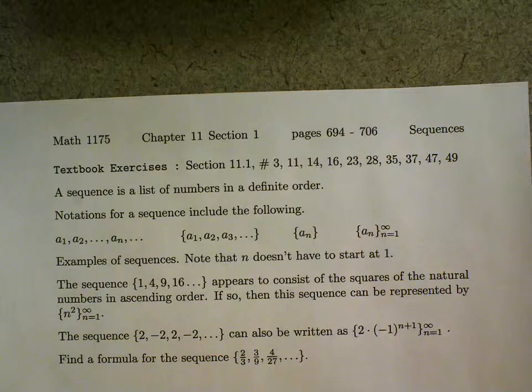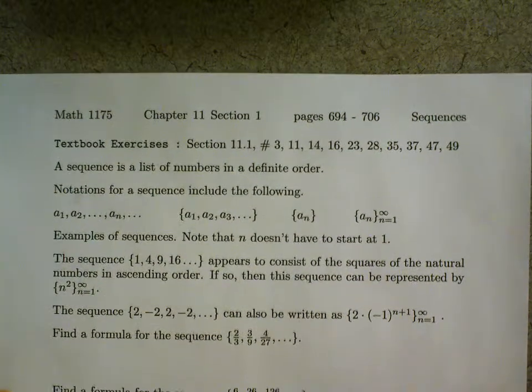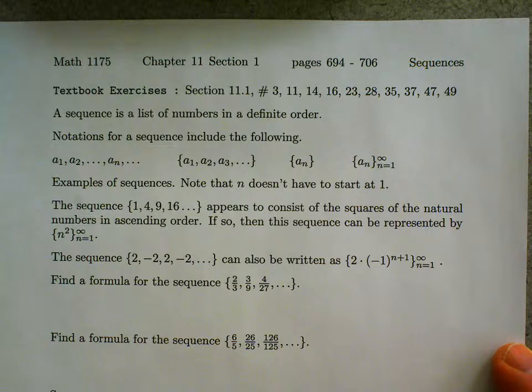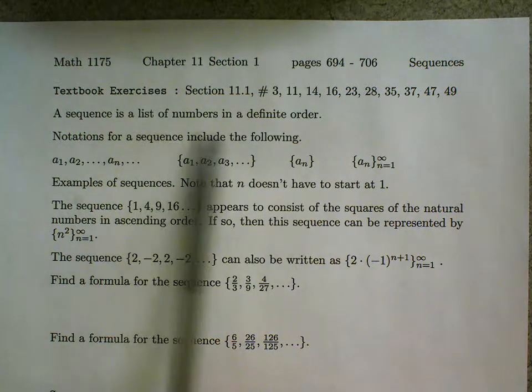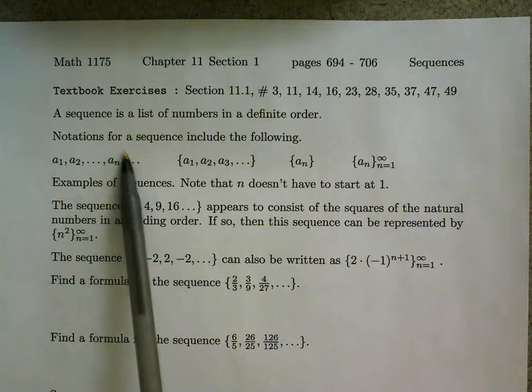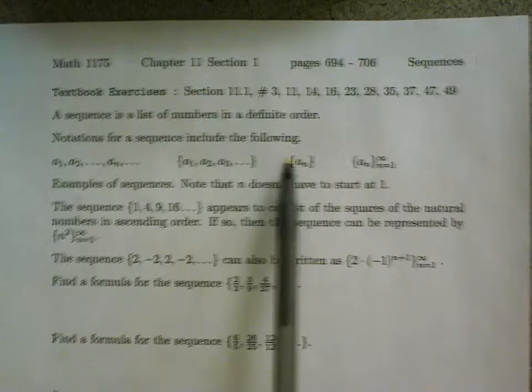Today we'll start chapter 11, section 11.1 on sequences. A sequence is a list of numbers in a definite order, and notations for a sequence include the following: